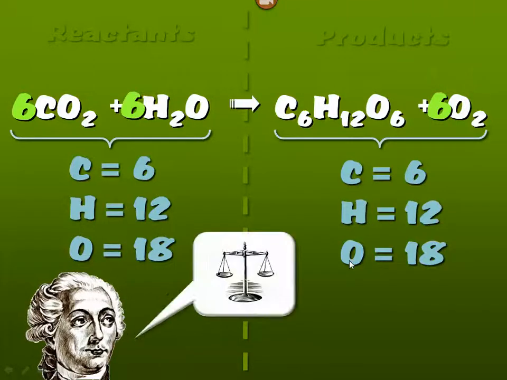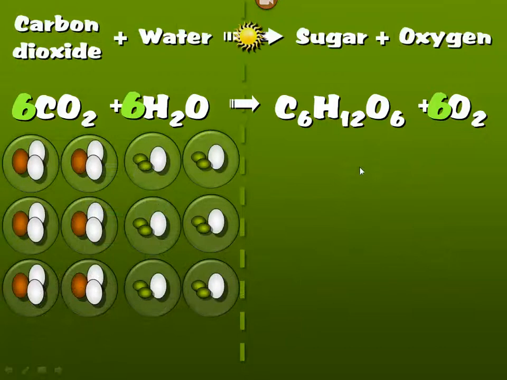Absolutely. Antoine Lavoisier is happy. Very nice. Perfectly balanced. Exact same number of each type of atom on both sides. Now, when we look at this, we've got to think of it as: here are the ingredients, carbon dioxide, water molecules. And what happens in photosynthesis when light strikes this and when all this stuff is present